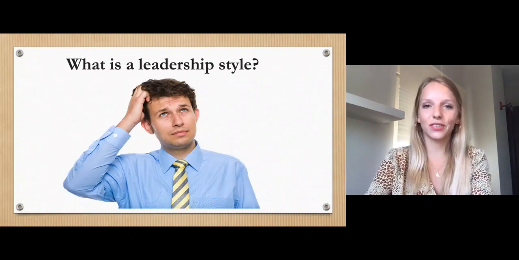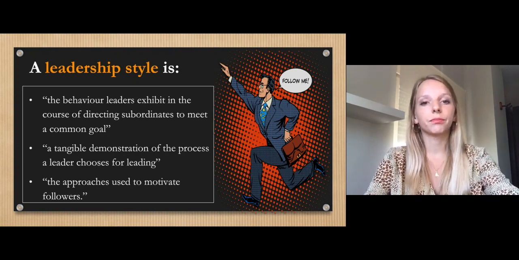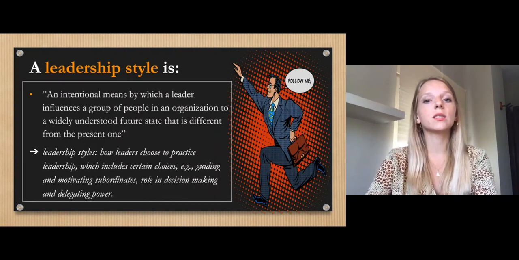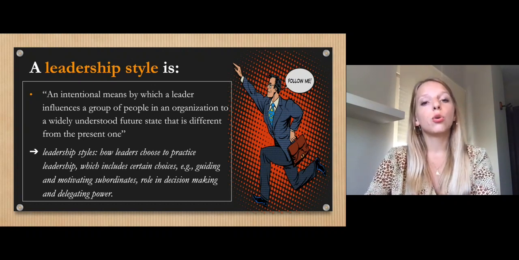Let's start with the definition of leadership styles. Although there is no consensus on a specific definition for leadership styles in literature, available definitions describe leadership styles as follows. The behavior leaders exhibit in the course of directing subordinates to meet a common goal, a tangible demonstration of the process a leader chooses for leading, the approaches used to motivate followers, or an intentional means by which a leader influences a group of people in an organization to a widely understood future state that is different from the